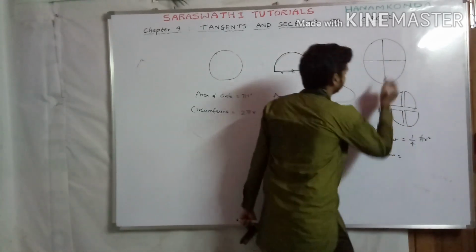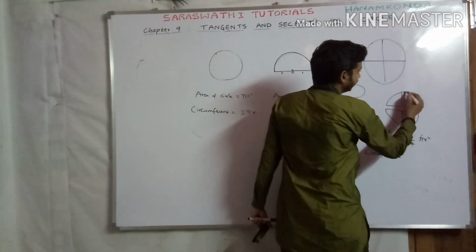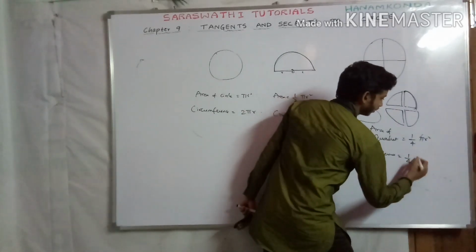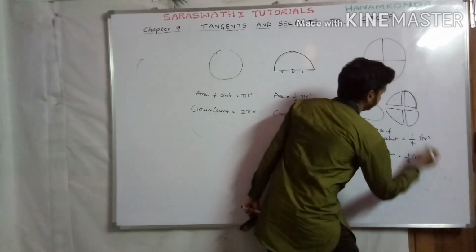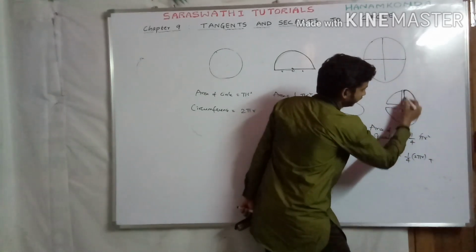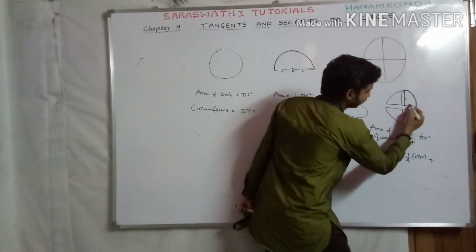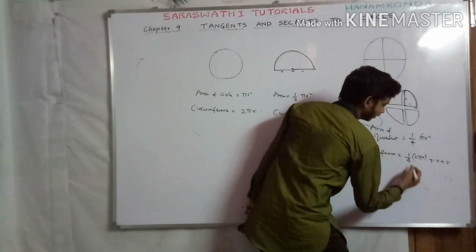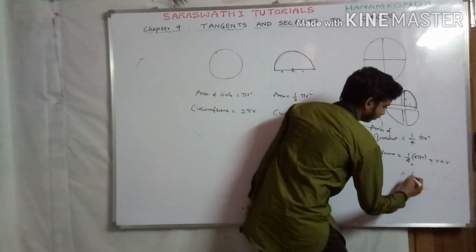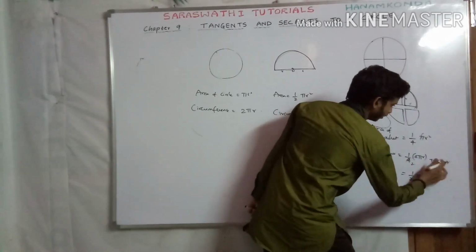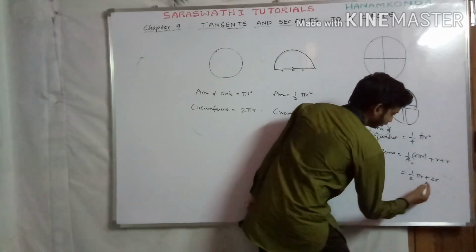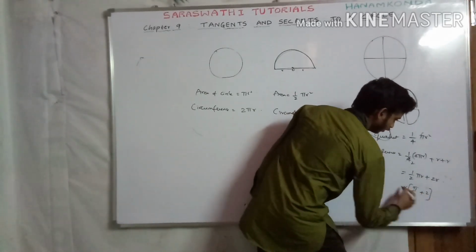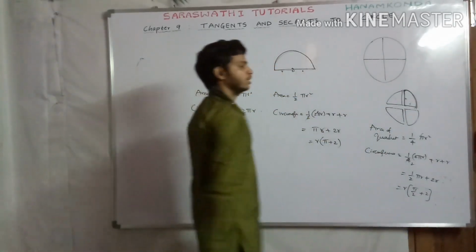Okay, so circumference, that means from here to here. From here to here it is 1/4 of the circumference of the circle. So 1/4 of the circumference is 2 pi r by 4, plus from this point to the center it is a radius, and from the center to this point also a radius. So 1/4 of the circumference of the circle plus 2 radii. So 1/2 of pi r plus 2r. If we take r as common, it is (pi by 2 plus 2) r. So this is the perimeter of the quadrant.